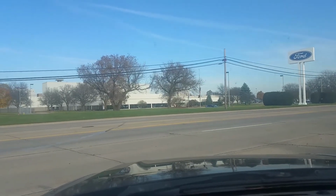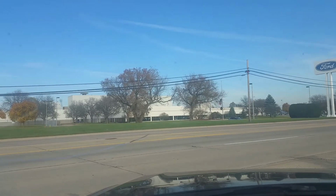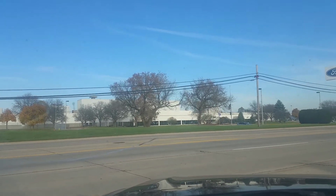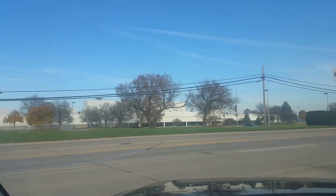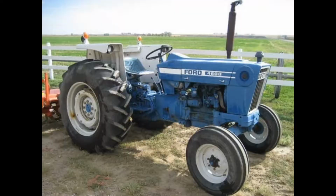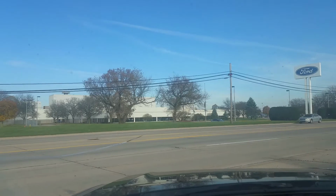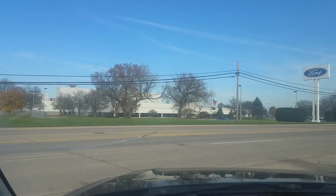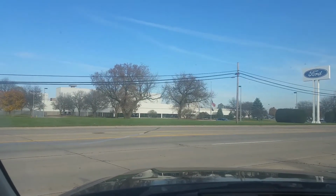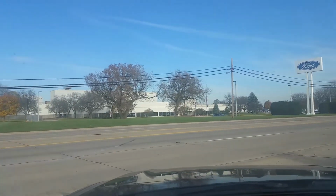Well, let's go a little bit more into the tractor history. Ford built tractors in Troy and other places, Dearborn for a while, and then they built this huge tractor plant out here in Romeo. Well, in 1986, Ford purchased New Holland Tractor Corporation from Pennsylvania, and they decided that the tractor plant here was really excess capacity for what they needed. They also had in mind increasing their V8 engine production facilities, and this fit right in with those plans. This facility was shut down in